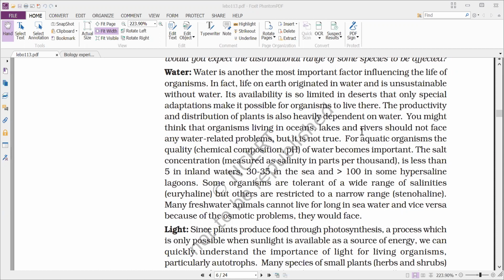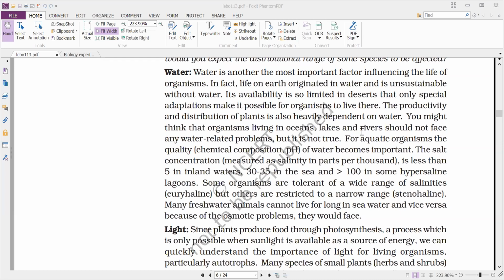So the freshwater organisms are also facing certain problems, even though they are living in water. Maybe the marine water is having some problem, and freshwater organisms are having some other problem. But whatever it is, depending upon the concentration of the water and the body fluids of the organism, every organism, even though they are living in water, is facing certain problems with the water.